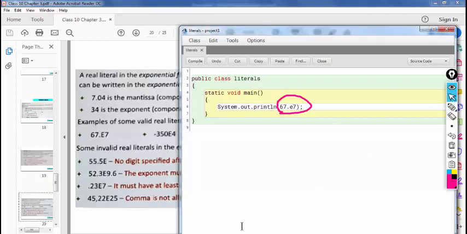Since it's a very big number, you'll have the output in the form of the exponential form, but it will not be 67.E7. It will be